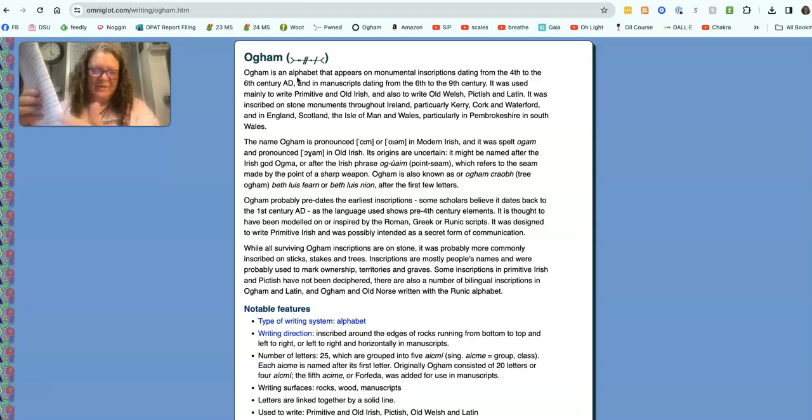So when you read it, you're reading it from the bottom to the top and then over the top of the rock and down. And so that was one of the reasons they think it was a secret language, because you might not realize what those markings were. You would think that was nonsense. You wouldn't think it was an alphabet. So that's why it's written that way. And I'm going to show you in a second an example of one that still stands today.